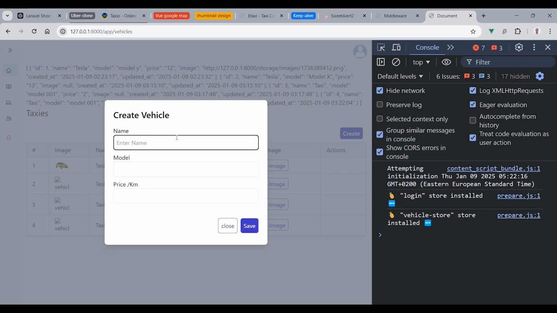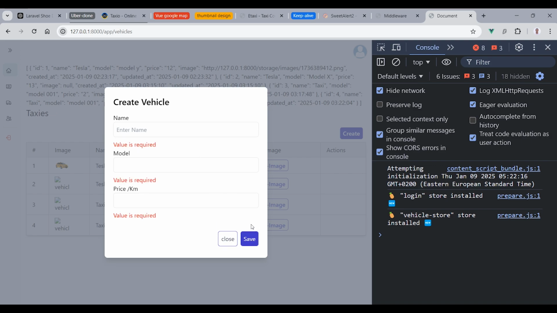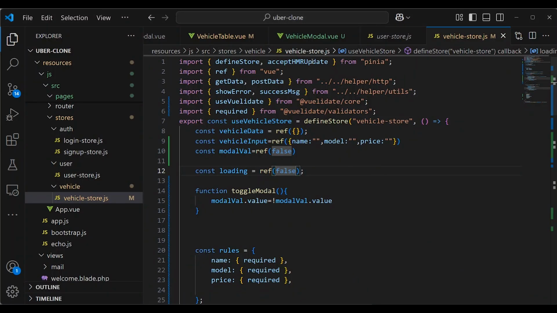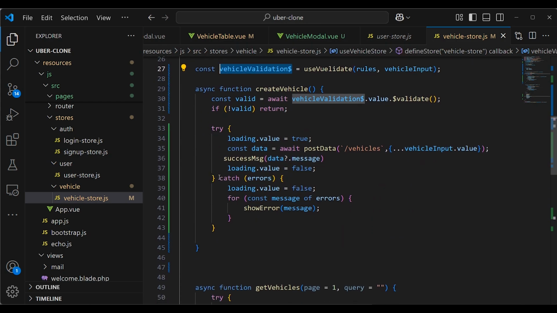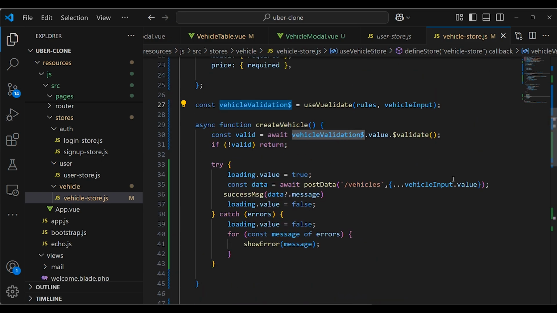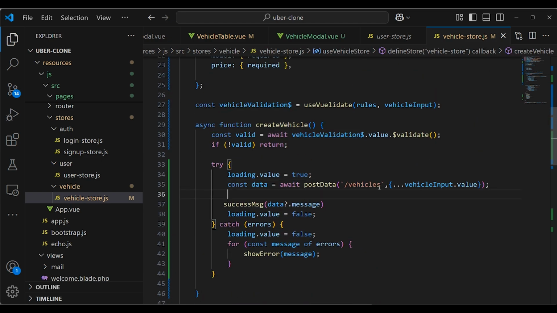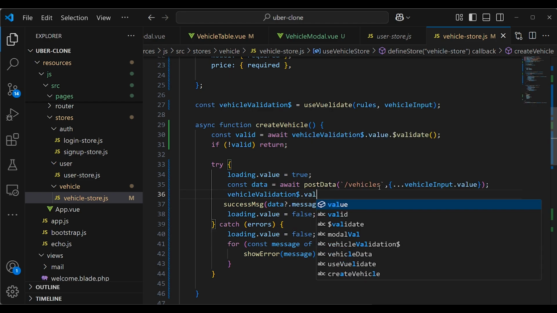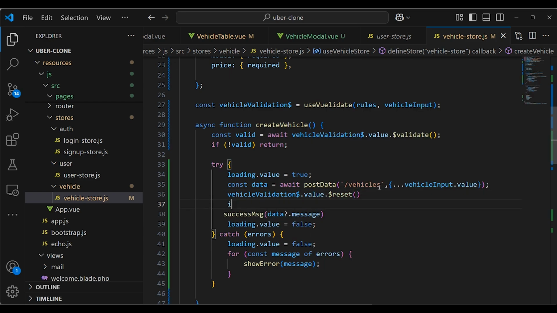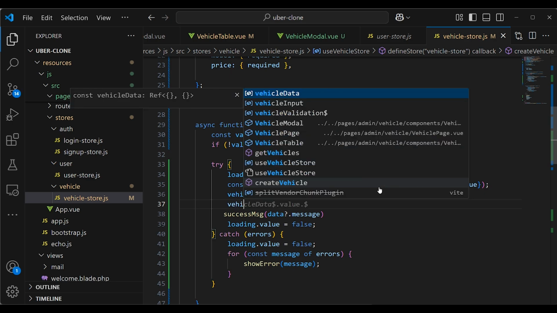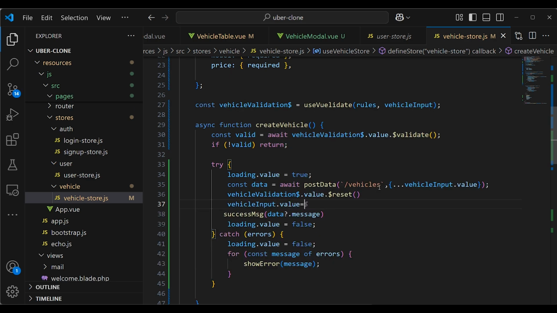Now guys, let's reset the validation. Every time we just created a vehicle, we need to reset the validation. We are going to get inside the vehicle. So in here, I'm going to call a function. We are going to call the reset function after we just created a vehicle. And then we are going to pass here validation, that value, that resets. And we are going to reset also the input. We are going to pass here the vehicle input, that value is equal to an empty